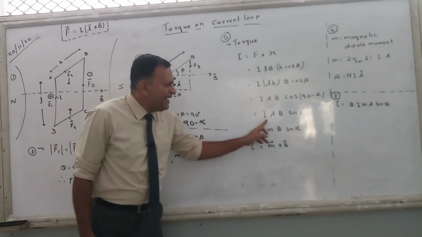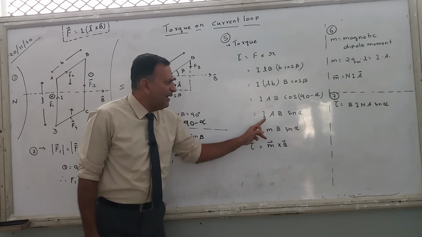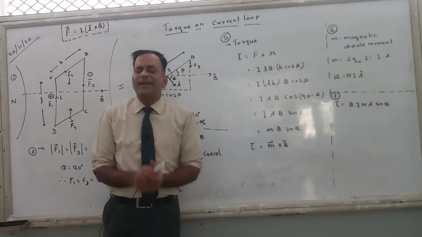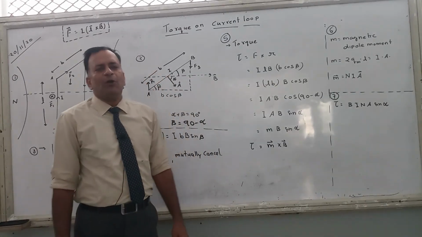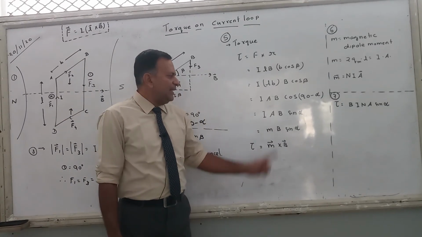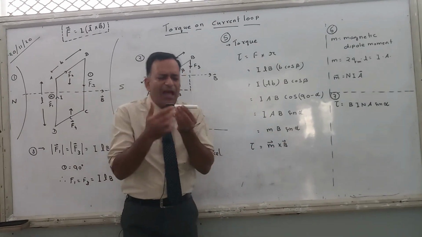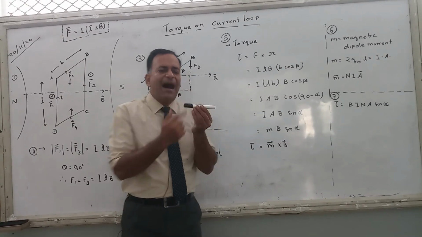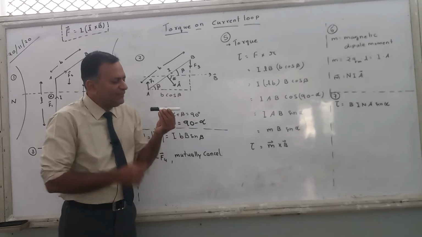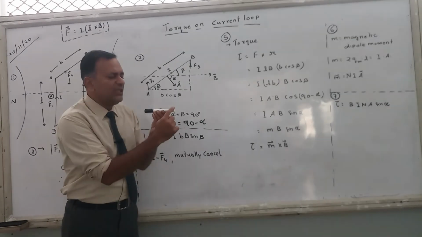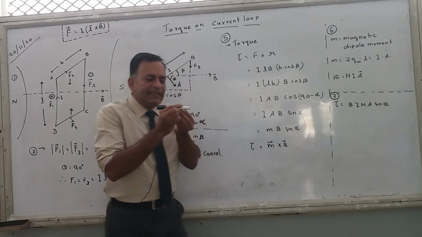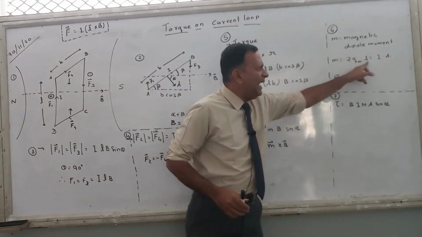Okay. Now what is I into A? अब यार ये B sin alpha, I into A की जगह मैंने M लिख दिया. M क्या होता है? M is known as magnetic dipole moment. Just like electric dipole moment. याद है, electric dipole moment in electrostatics, it is 2 into Q into L. Here in case of magnets, if you have a bar magnet like this, then how to calculate the dipole moment of this magnetic dipole? Either north pole है, the south pole है. Strength of north pole, strength of south pole, Qm, the distance between them, 2L.